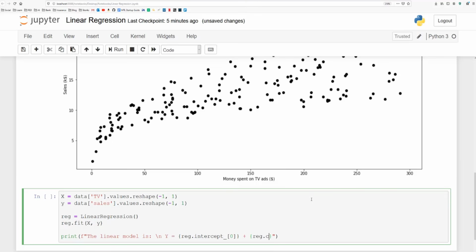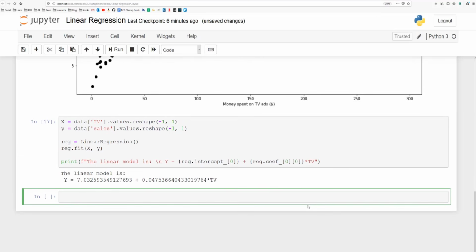And then we add the coefficient for X, in this case TV, and the coefficient is equivalent to beta 1 if you looked at the theory portion of this video. As you can see, we get a constant of 7 and a slope of approximately 0.0475. So that's great. We have a positive slope, positive constant. It seems to make sense.